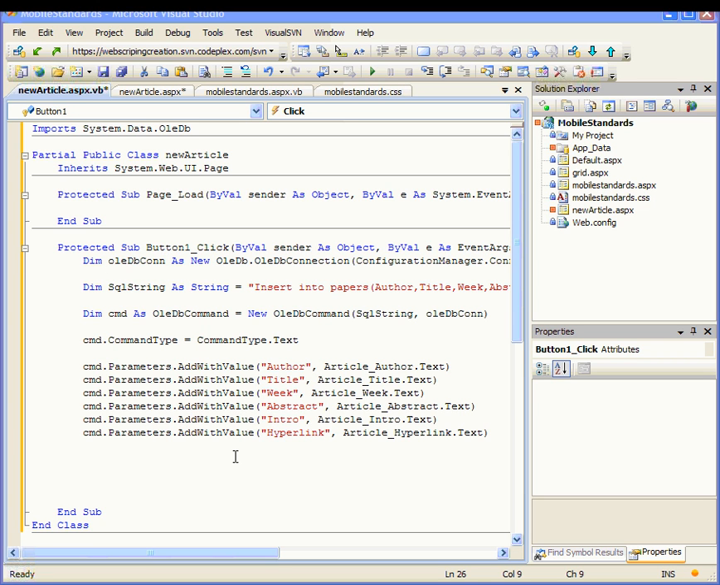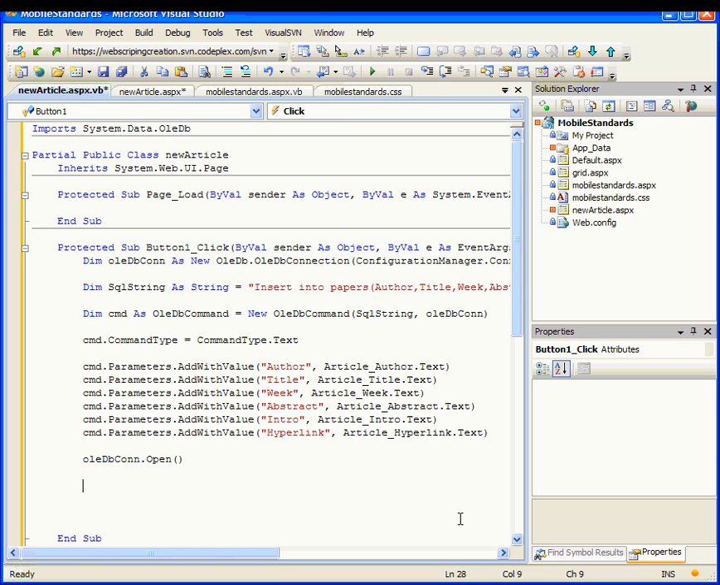Okay, now we need to actually open it. So ole dbcon dot open. Okay, and then finally we have to execute the command. So let's just do that by saying cmd dot execute